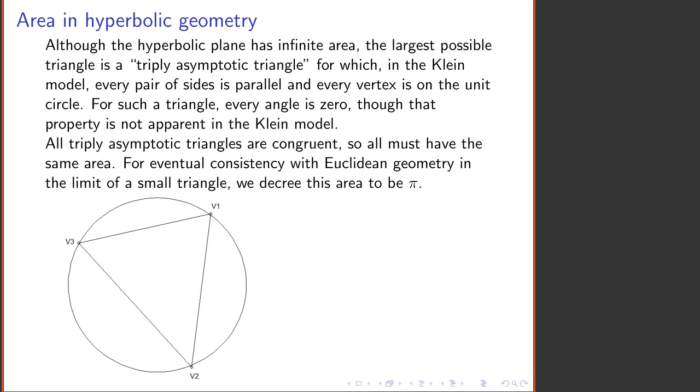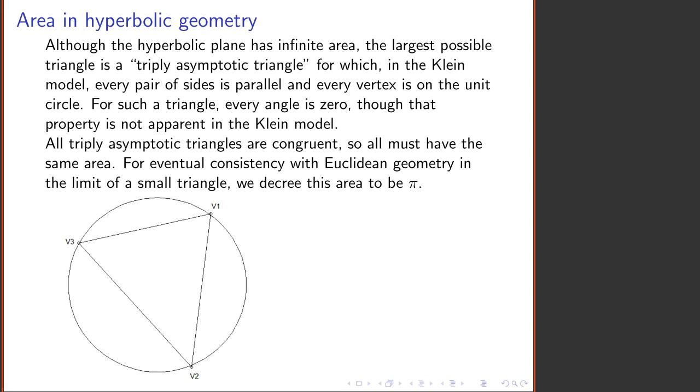These two sides don't actually meet. They're asymptotic to one another. They become parallel lines on the hyperboloid as we get very, very, very far away from the bottom point on the hyperboloid. This is a so-called triply asymptotic triangle. It has 3 0-degree angles. And furthermore, since in hyperbolic geometry the angles of a triangle completely determine the side lengths,